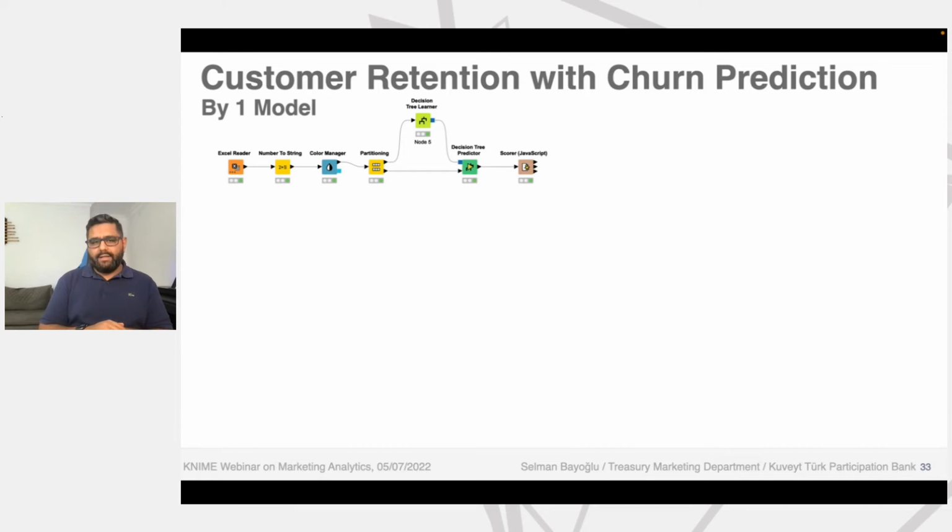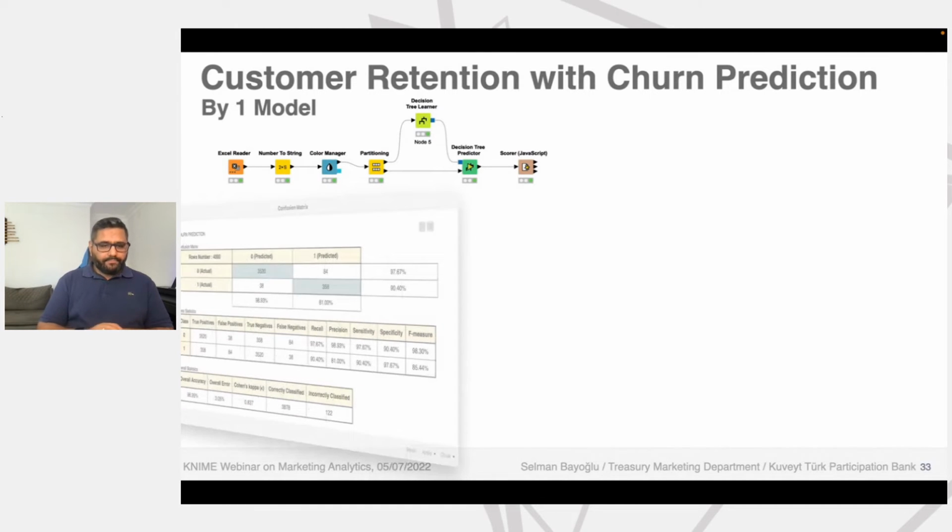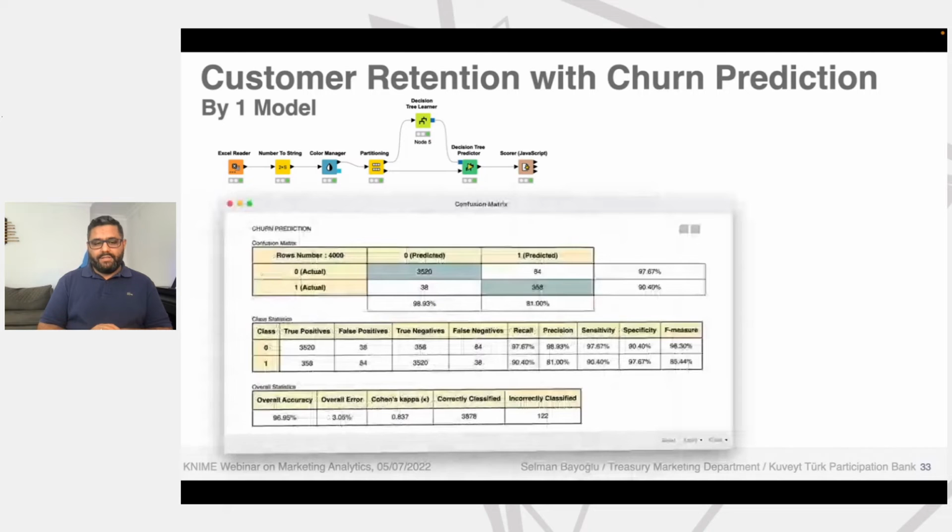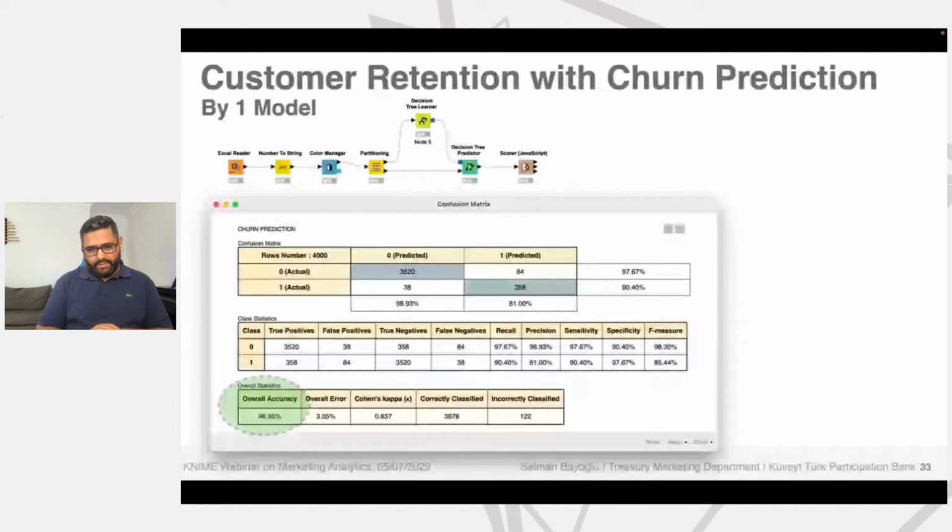You're teaching the data to the algorithmic model, and it's predicting data which it has not seen before, on the below arrow. Then you are scoring your performance. Let's see the result. Overall accuracy is 97% when I round up. And don't forget this accuracy, please: 97% from the decision tree learner.